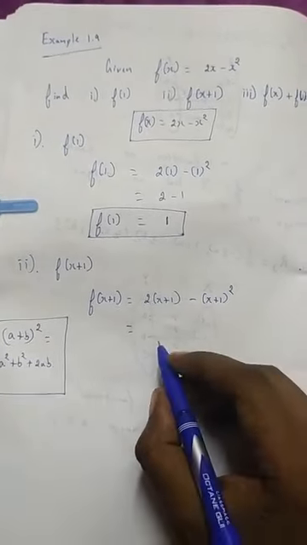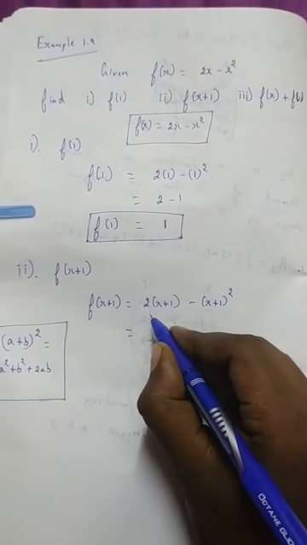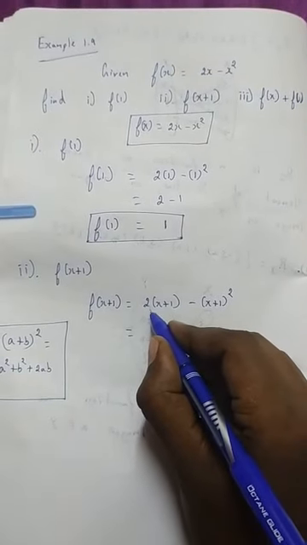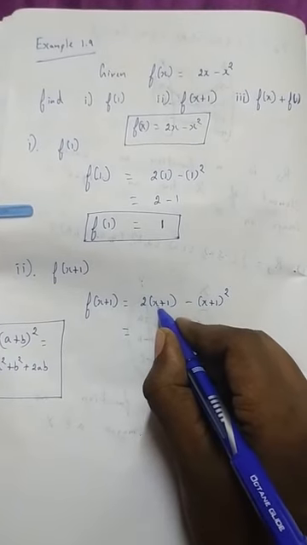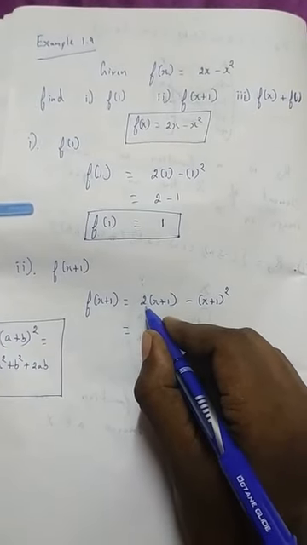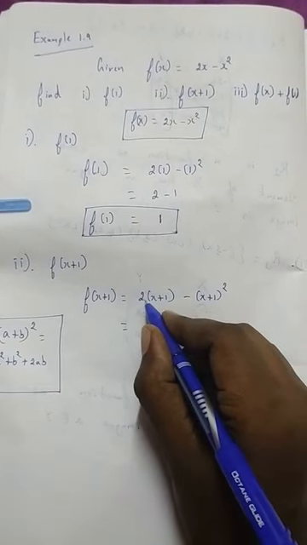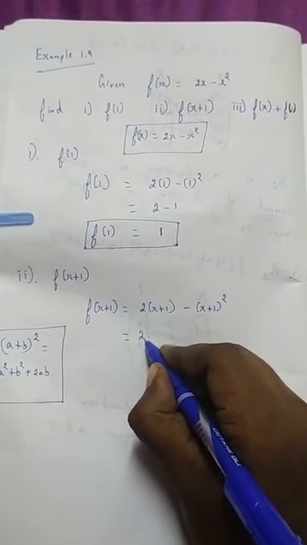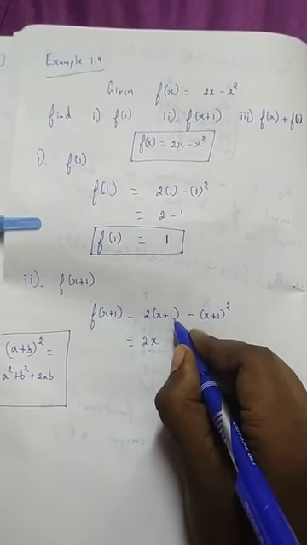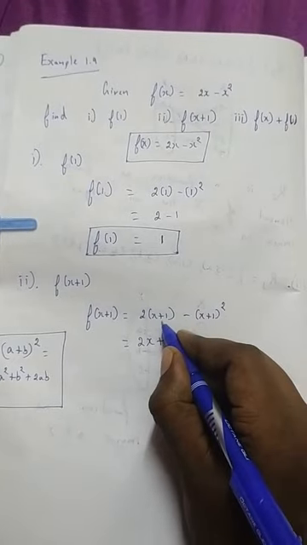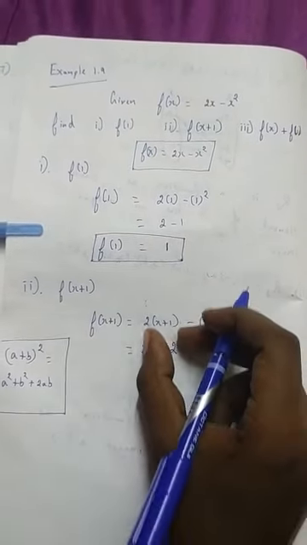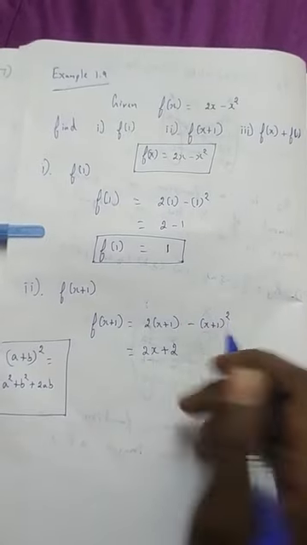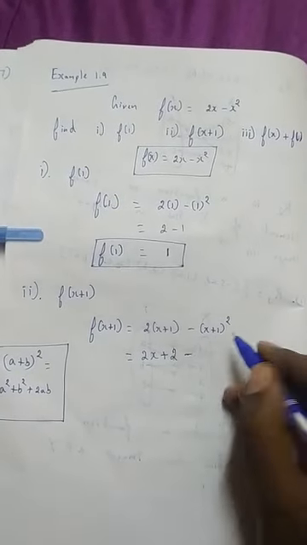So now we have to simplify this. So 2 into x plus 1. This 2 is common for both x and 1, so we have to multiply this 2 inside. Therefore 2 into x, that is 2x. 2 into 1, so plus is already here, so plus 2 into 1 is 2. So this is the part of this one: 2x plus 2. So minus is given in the question.